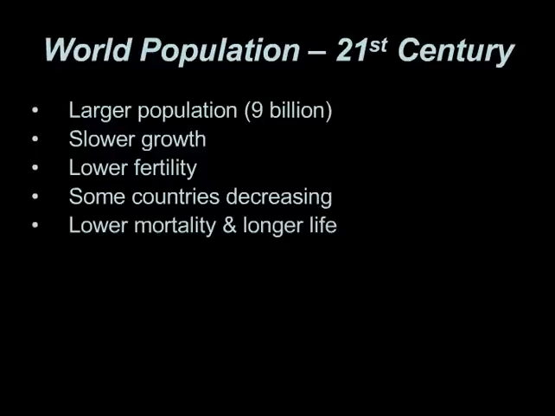Next up, lower mortality and longer life. So some people think we could live to be 1,000 years old. This guy named Aubrey de Grey thinks that we can live to be 1,000 years old, and all we have to do is find that gene that's the aging gene, turn it off, and essentially our bodies will stay the same way we are currently the rest of our existence. Who knows? But there's no doubt with medical advancements, largely due to a lot of technologies from our very own Indiana University, and Purdue too, can't forget about them, are going to lower mortality and increase life expectancy. And so we can expect to also see an older population.